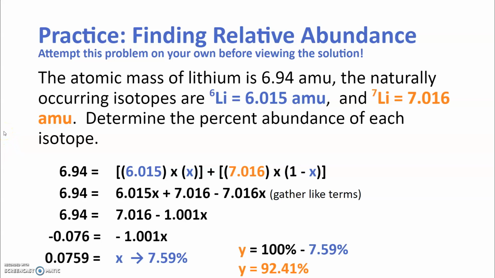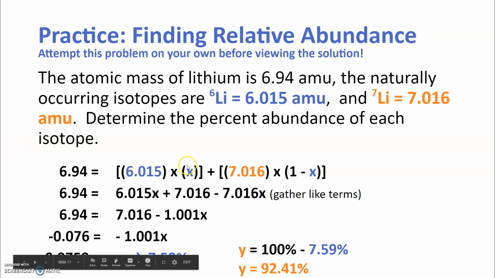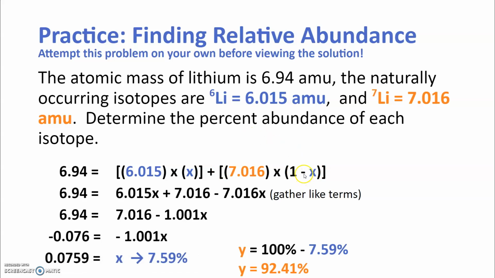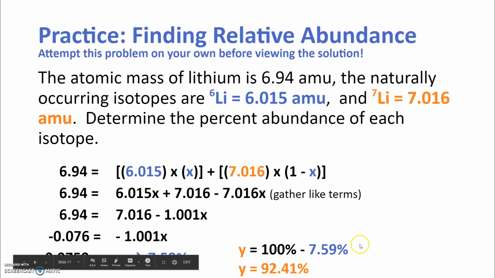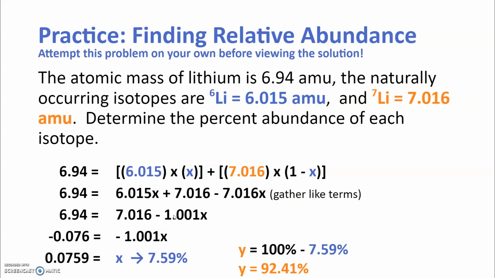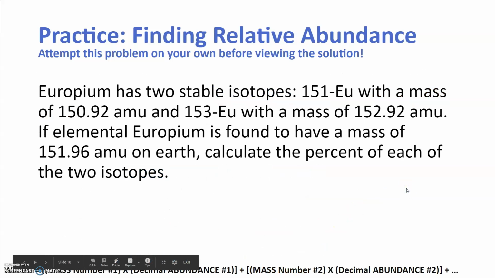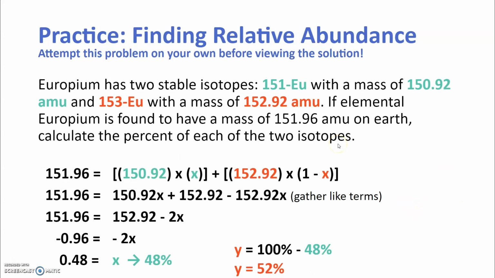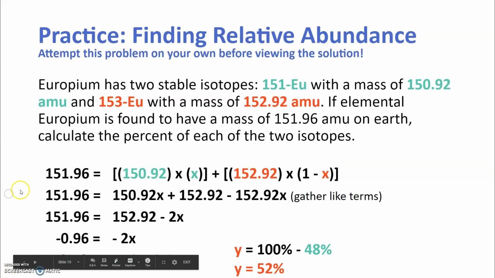Okay, you can see here we use that same system where we just substituted 1 minus x in instead of having x and y. And so you should end up with 7.59% lithium-6 and 92.41% lithium-7. Here's another example. Work that guy out. And as you work through it, you should wind up with 48% europium-151 and 52% europium-153. And that's all she